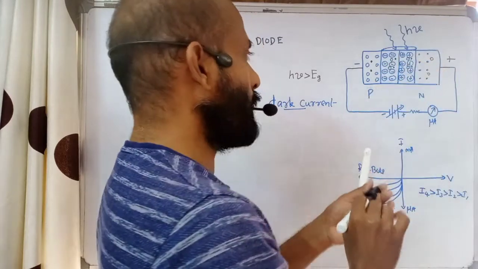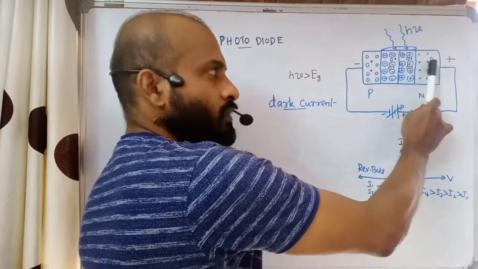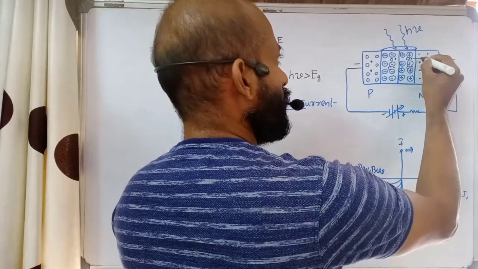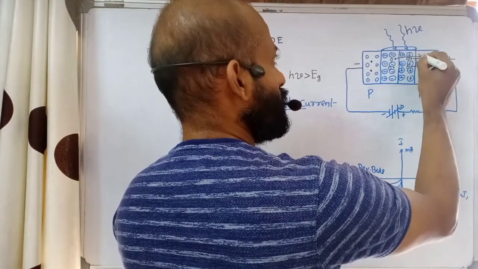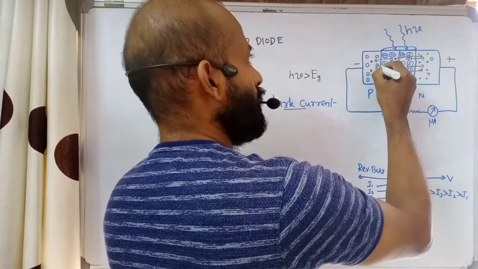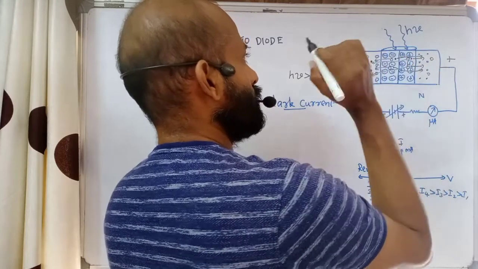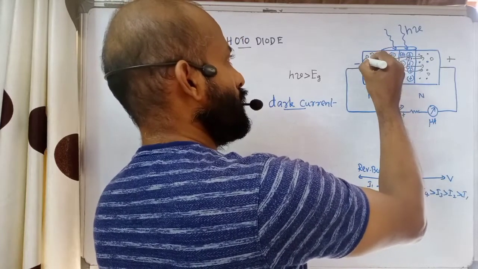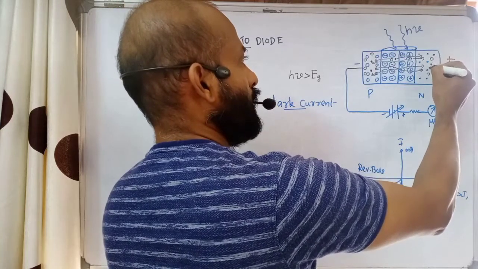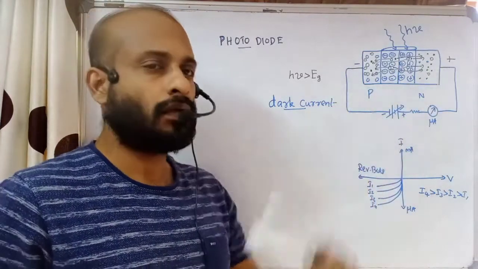Now what happens is, here we have a positive potential from the battery. All electrons will be attracted towards the N side, all holes to the P side. Now these electrons will come to this side. You can see that these electrons are jumping to the N side. What about the holes? These holes move to the P side. These are the holes generated by the incident light, and these are the electrons generated by the incident light. Now there will be an excess number of electrons in the N side and excess holes in the P side.